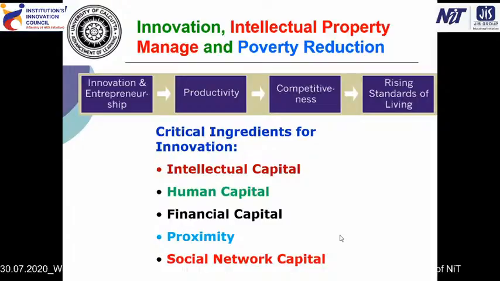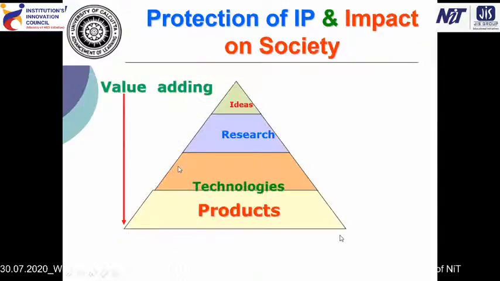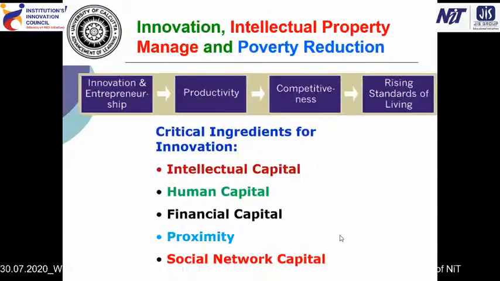So the critical ingredients for this innovation are intellectual capital, human capital, financial capital, proximity, and social network capital. In this baseline, financial capital is the basic fundamental, but intellectual capital is more important, as shown in the first one. Intellectual property is first, then human capital, then financial capital, then proximity, then social network. So next,